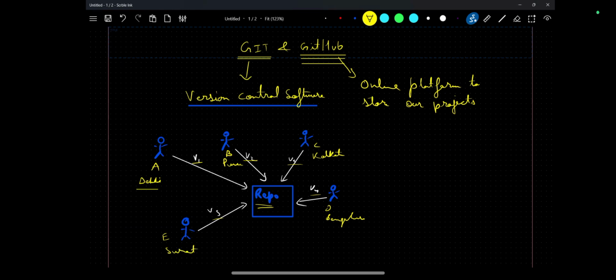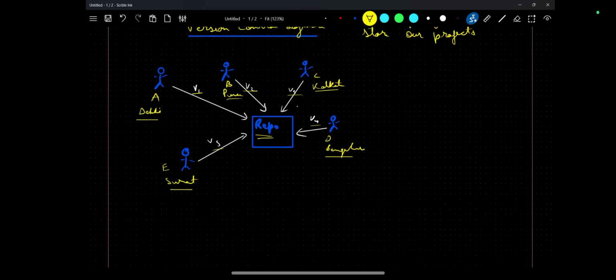Everyone is located at a different place, but we have to push all the changes to the same repo. How will we do it? We will have this repo on GitHub, an online platform where we can store our project. Whatever changes anyone wants to make, they will push their changes to this particular repository.